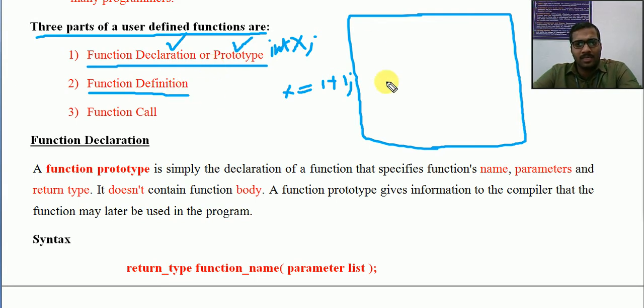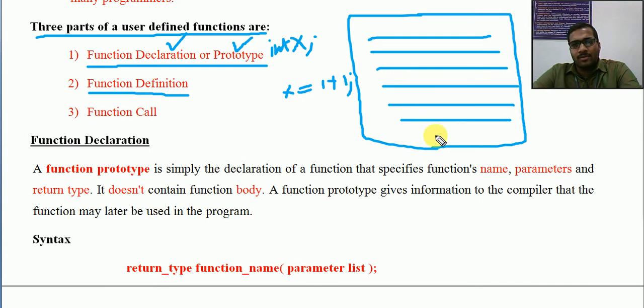But function definition actually writes the exact body of the function, that is, what is to be done. In the declaration we just declare the function, with some type declaration along with the function name. The function definition is the part where we define the exact body of the function.